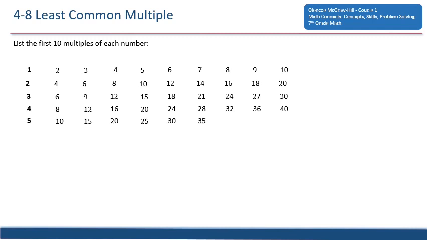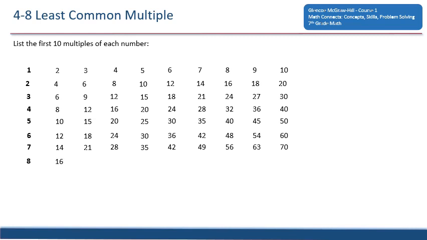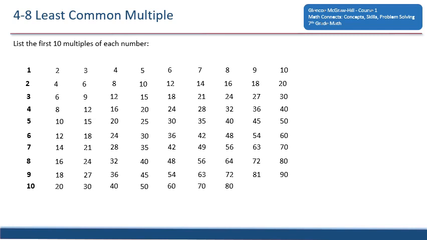5, 10, 15, 20, 25, 30, 35, 40, 45, 50. 6, 12, 18, 24, 30, 36, 42, 48, 54, 60. 7, 14, 21, 28, 35, 42, 49, 56, 63, and 70. 8, 16, 24, 32, 40, 48, 56, 64, 72, 80. 9, 18, 27, 36, 45, 54, 63, 72, 81, 90. 10, 20, 30, 40, 50, 60, 70, 80, 90,